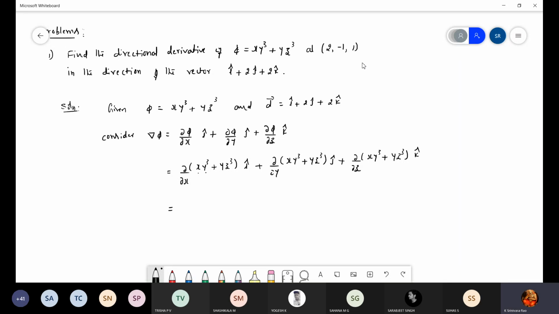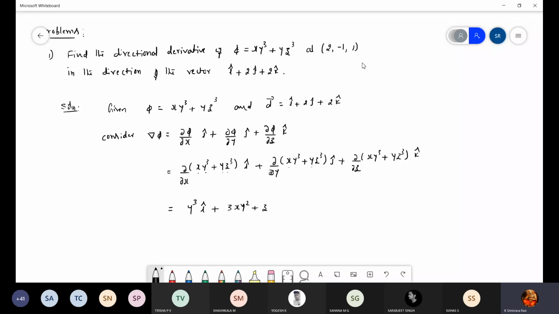Differentiation of x is 1. y cube is constant, keep y cube, and the second term is constant in y as well as z, so it becomes 0. So just y cube i cap. Plus, with respect to y, x is constant, keep it as it is, but y cube differentiation is 3y square. So 3xy square, plus the second term, y differentiation is 1, just z cube